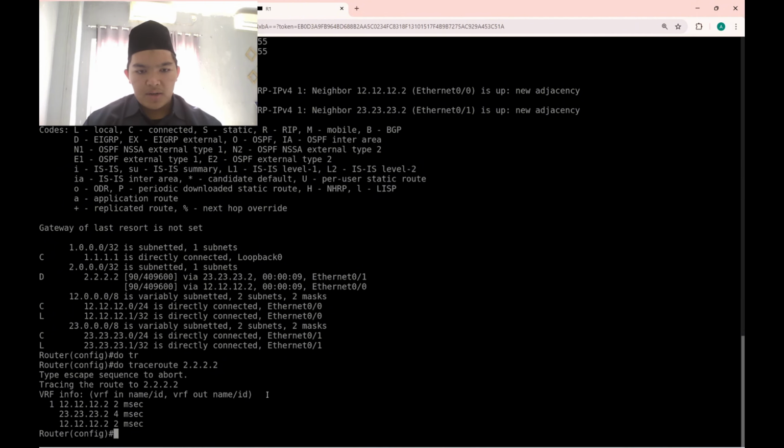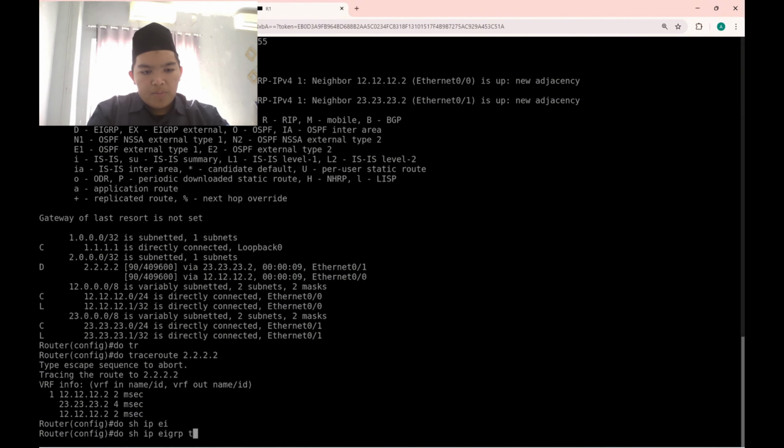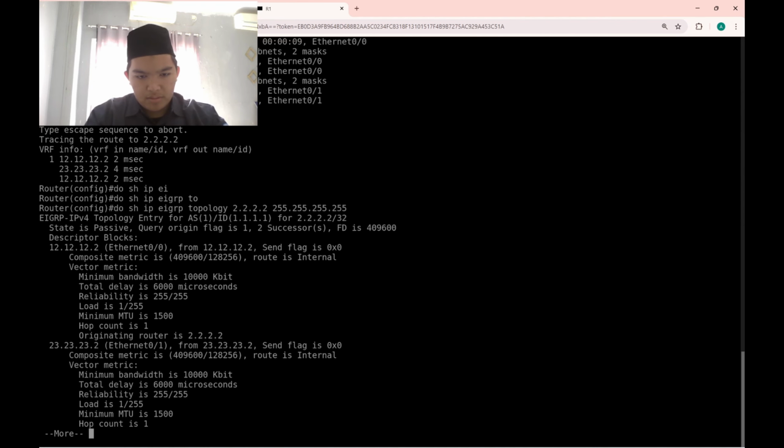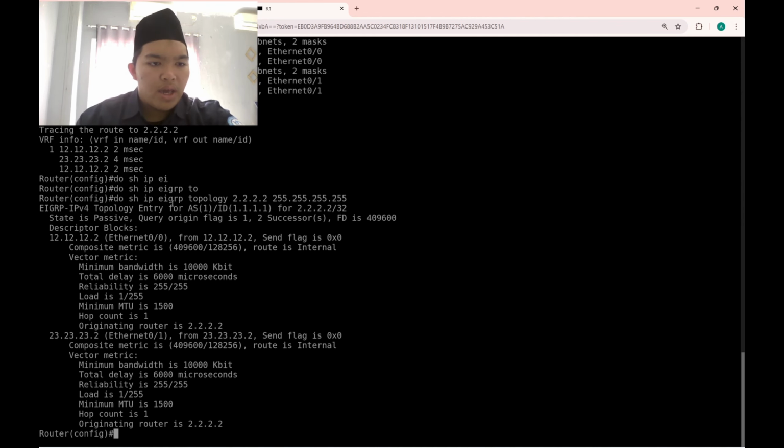After that we're gonna see the metric in each interface. Do show ip eigrp topology, and then the loopback, and then the subnet mask. Okay, as you can see, this is the metric topology. If you want to reach 2.2.2.2, these are the paths.